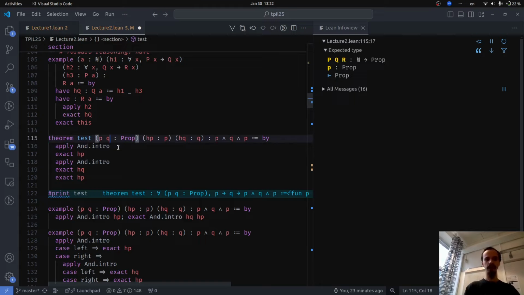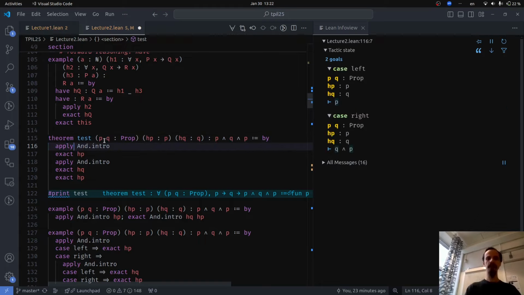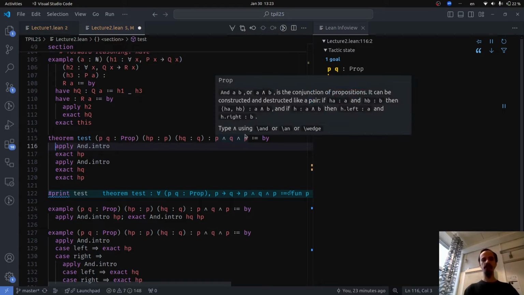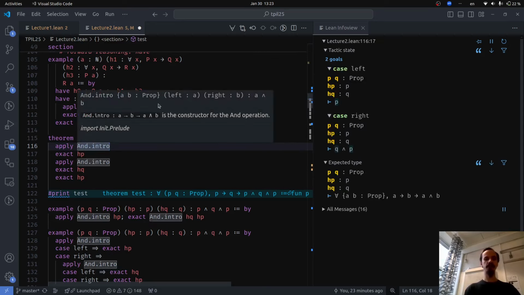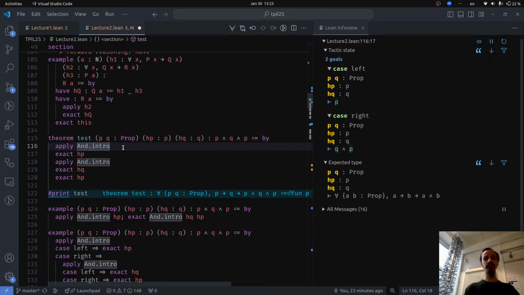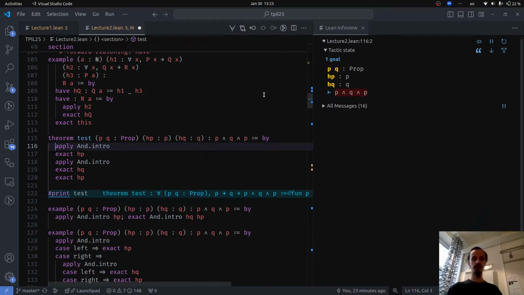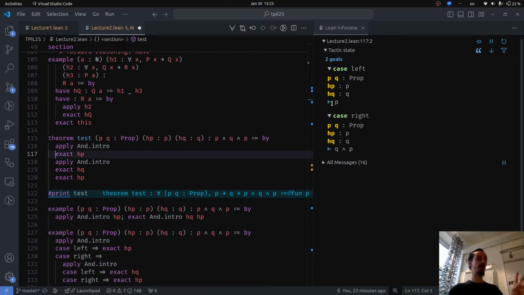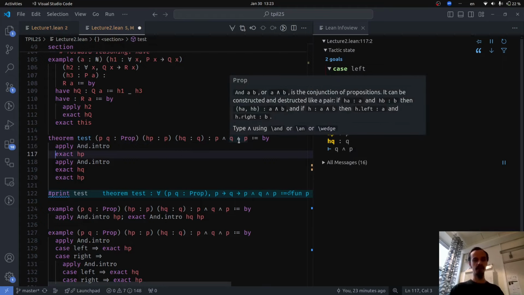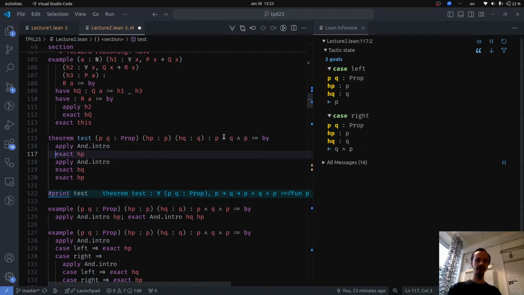Okay, so here's a different example. This has multiple subgoals. Here we're trying to prove P and Q and P, and we're going to do so by applying and intro. And intro is just, if you have A and you have B, then you have A and B. If we apply and intro, it actually generates two subgoals. To start with, we have one subgoal, that's P and Q and P. After applying and intro, we have two subgoals. One of them is P, that's the left part, and the right part is Q and P, because this is right associated. The left part we can prove by just applying HP, and then the right part,